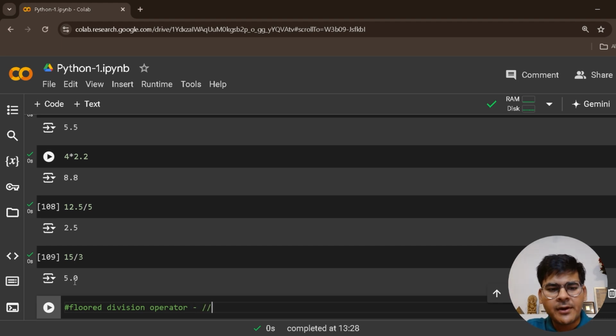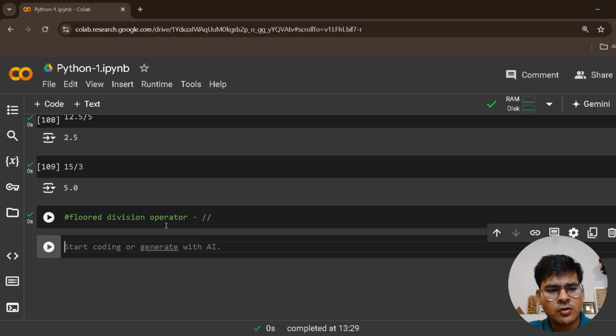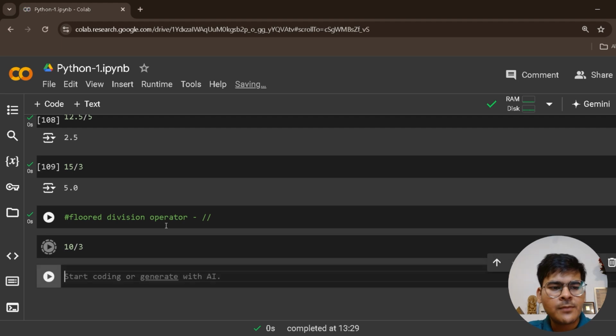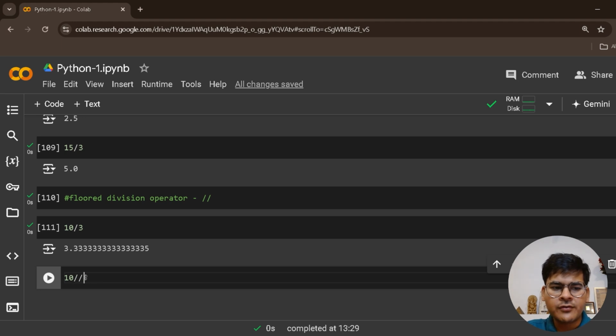It is represented by a double division sign. Okay, let's take some example. So I have some very beautiful examples that will help you understand this. So if I do 10 single division 3, this is the actual mathematical division. So 10 divided by 3 is 3.33, right? Now instead of single division, if I do float division, which is your 10 double divide,